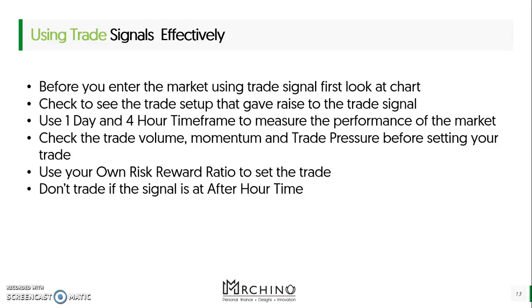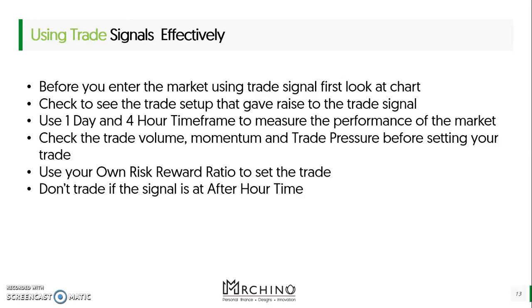Most times you find out that most people that give trade signals, because of the pressure to give out trade signals, just give them out randomly. They look at the market and think, I think this market will go up, let me just put it out. When you look at the chart, you find that there's no reason for this trade signal. Like somebody is giving you a trade signal to go long on a chart that, when you look at it from the 24-hour time frame, you find that the market is on a downtrend and there is no sign of reversal. Then why the trade signal?